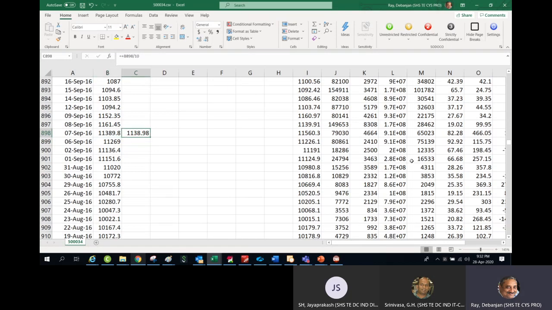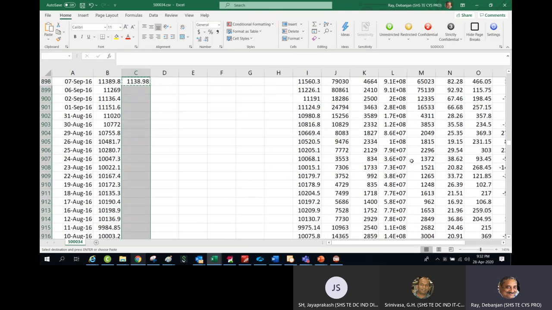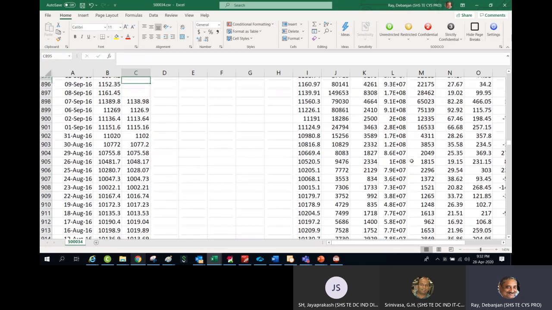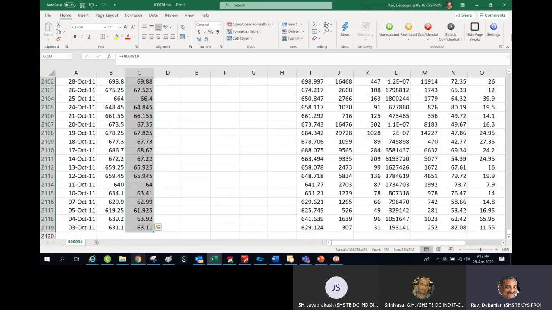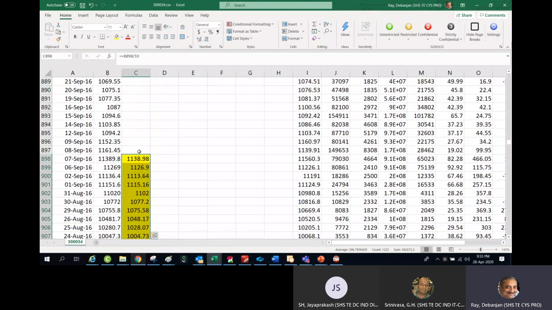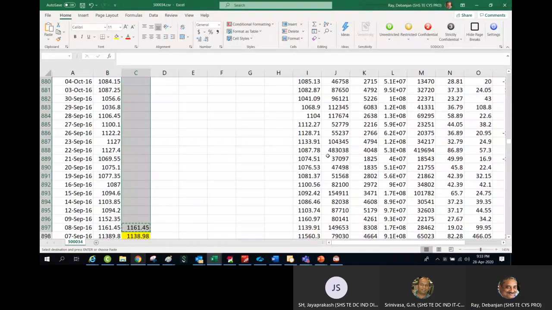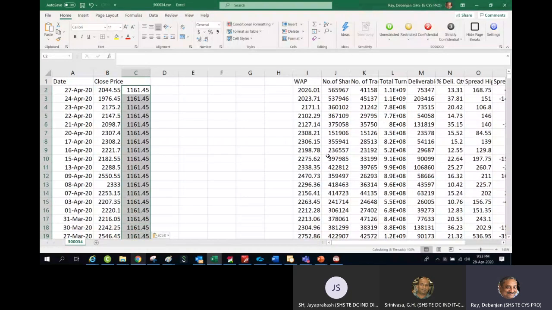1138. Now I do the same copy. I go here and paste the same value. Okay, so this is actually the real, I mean the reflected price. But for this one, I paste the value of here, just to segregate. But this value will be the equal one. Okay, so I go here and I paste the value here. Now this is my adjusted price.